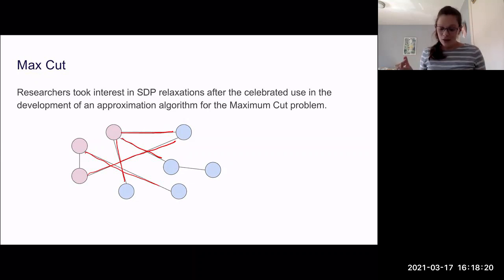And when coming up with this idea of using a semidefinite program for this problem, they were able to show that they got a really high approximation guarantee on the solution, and it's actually the best possible under the unique games conjecture. So under the unique games conjecture, this is the best possible algorithm you could guarantee unless P equals NP. So it's a pretty strong algorithm from our standpoint.